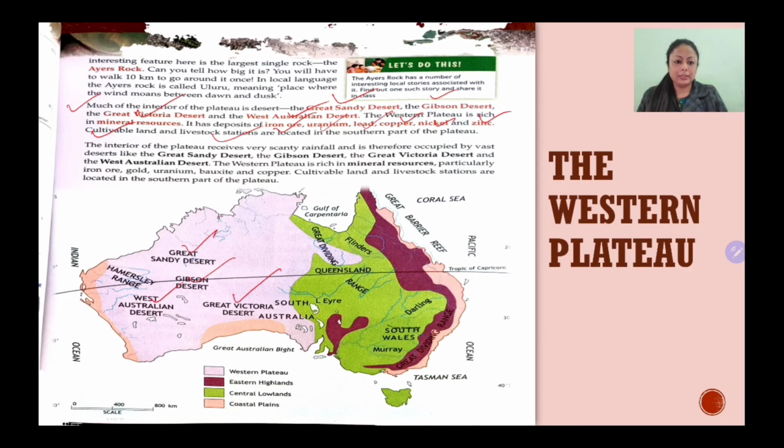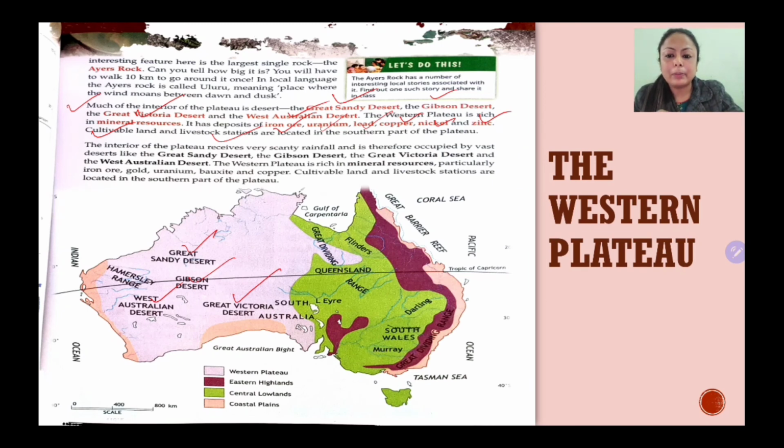These are the products which are extracted from the animals, and for this only the sheep stations or livestock stations are established in Australia, especially in the western part. And the most important thing required for this is grassland. So wherever there are grasses, only there the sheep stations are established.